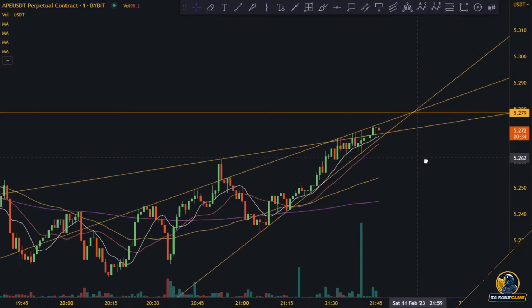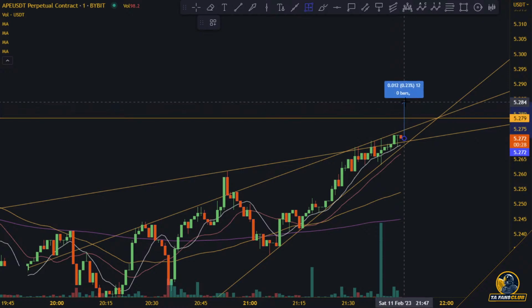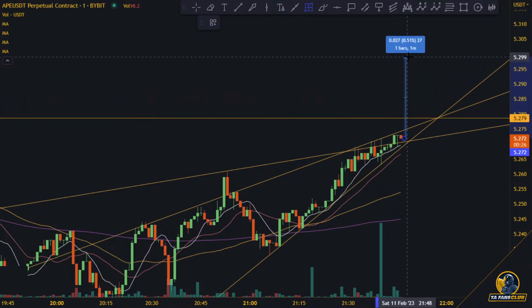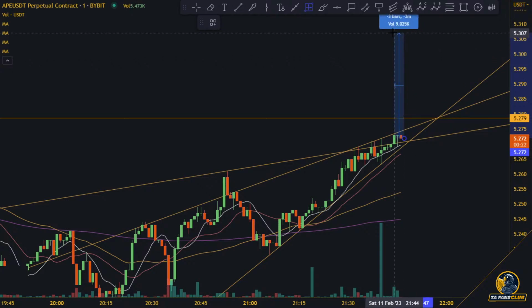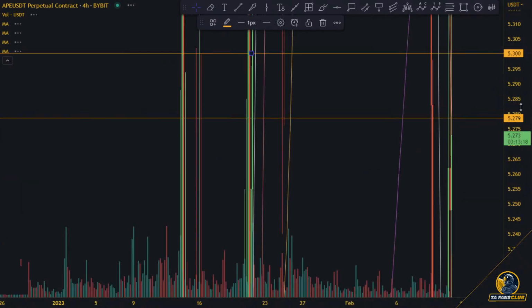Oh, it's a rising wedge. % all the way up there. 230. 5.3. How does this look on